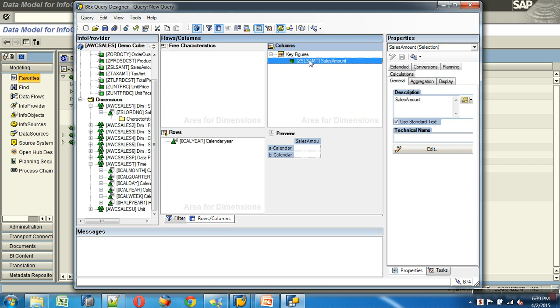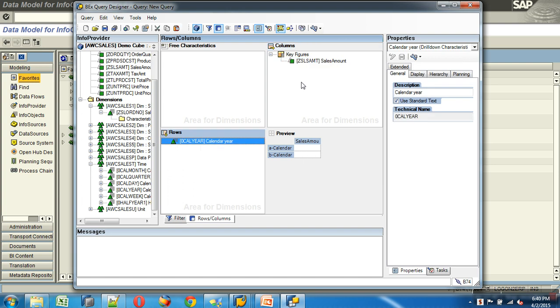When you say grouping, what? For all the 3 records, year is 2013, so I can say the group is 2013. But what about the key figure? One is 1000, one is 2000, one is 3000. What should I do with this? Should I sum it? Or should I pick count? Or should I pick max? Or should I pick min? That is what is specified by aggregation functions. So what I should say is select calendar year, amount.